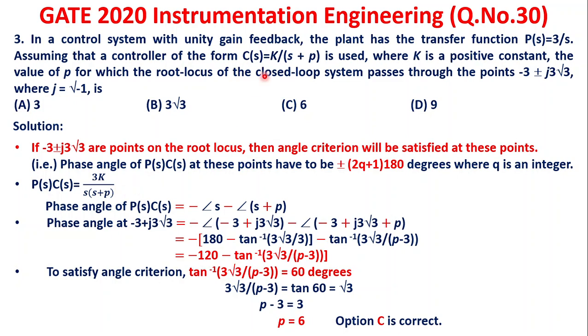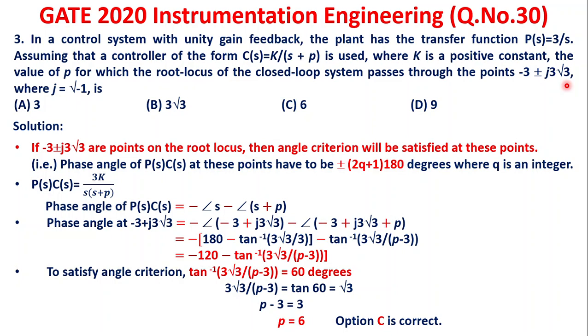Now the question is, root locus has to pass through the points. Now the points are complex points. If it is an imaginary axis point, we can use Routh stability criteria. And if it is a breakaway point, we can use dk by ds equal to 0. So this is something tricky, but we can use the basic rule.